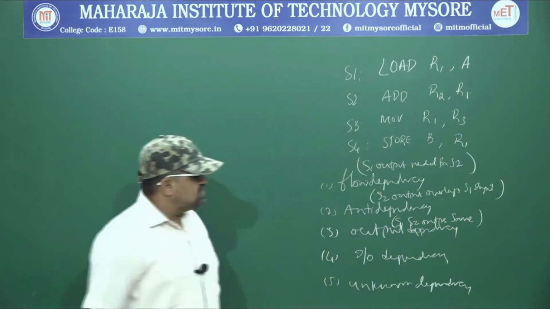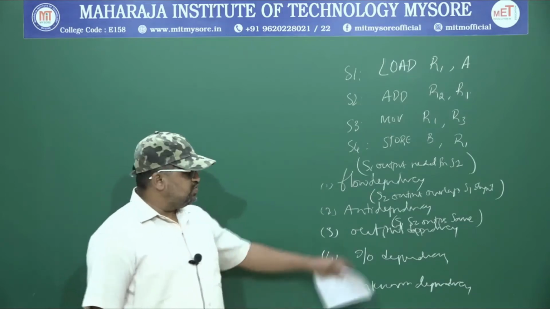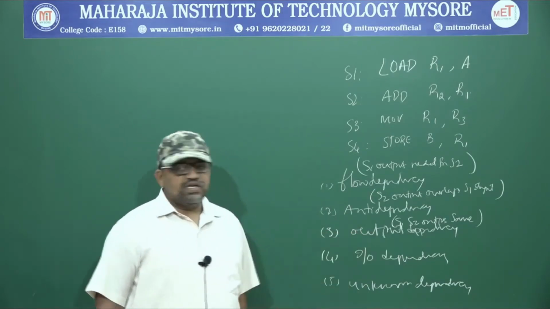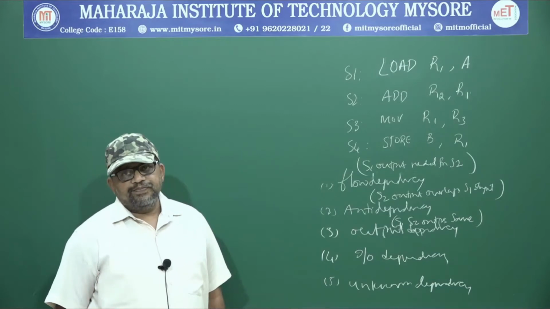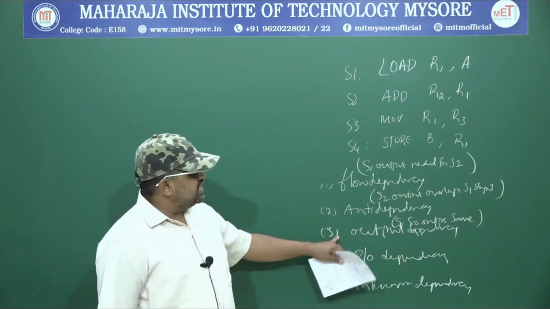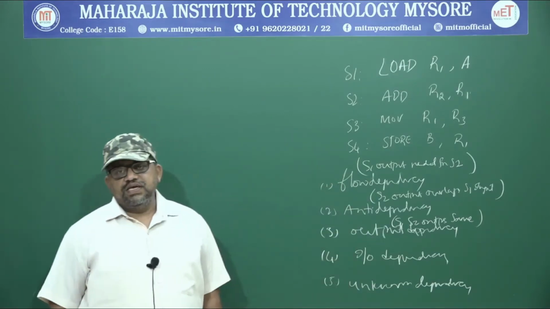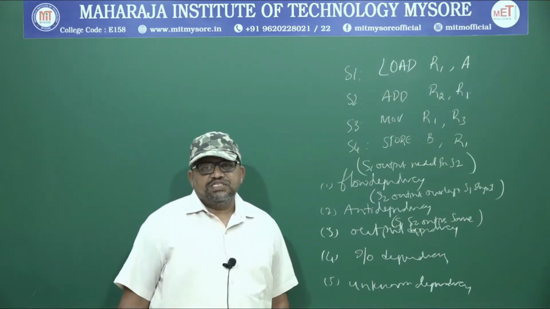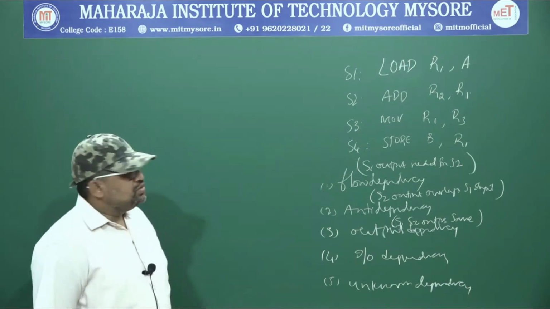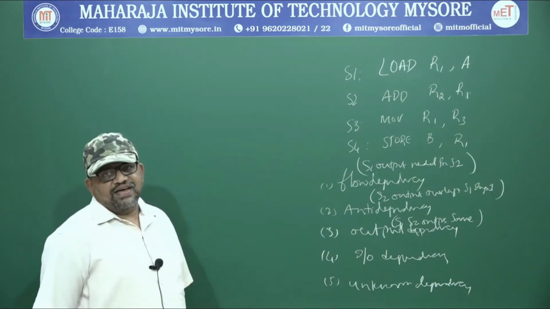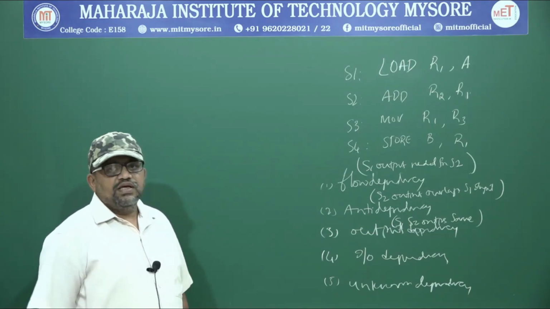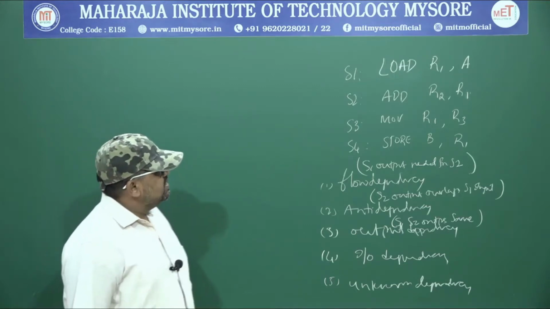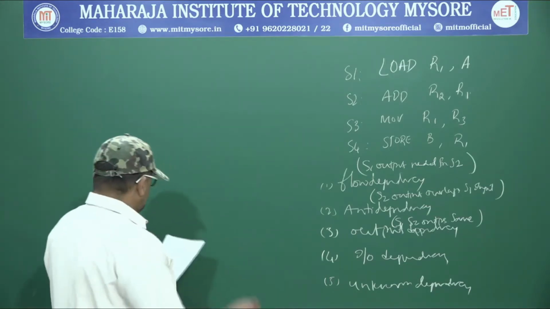Now this is what we have studied from the definition. If S1 and S2 outputs are the same, then we call it an output dependency. And for this we have derived and drawn a dependency graph. But now I am using a tabulation method to solve this or draw the graph. So the tabulation method is going to be like this.